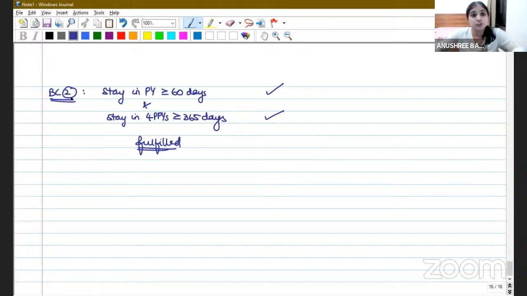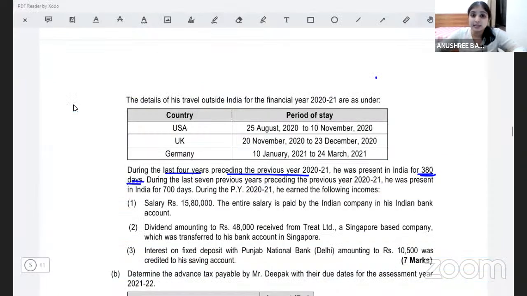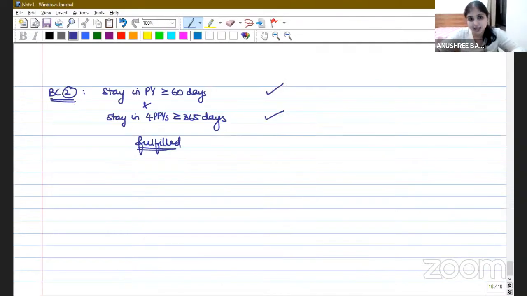See, normal provision before we apply basic condition 2, we do talk about those 3 scenarios. Is he an Indian citizen leaving India, crew member of Indian ship? No. Is he Indian citizen leaving India, employment outside India? No. Is he Indian citizen or person of India coming on a visit to India? No. So basic condition 2 is applicable and basic condition 2 is fulfilled. Hence, what will I conclude?